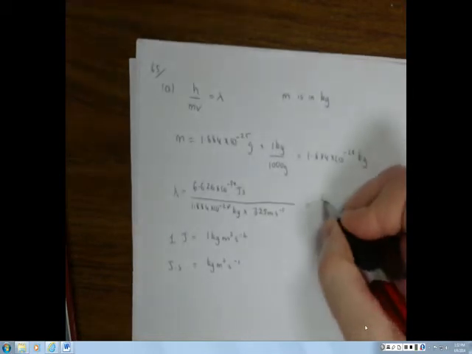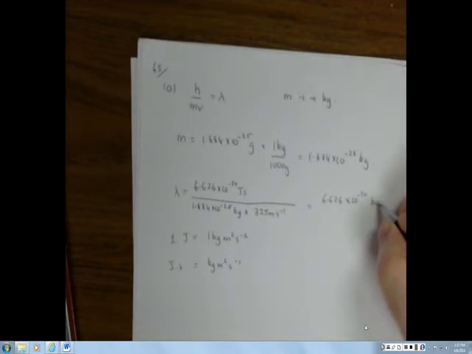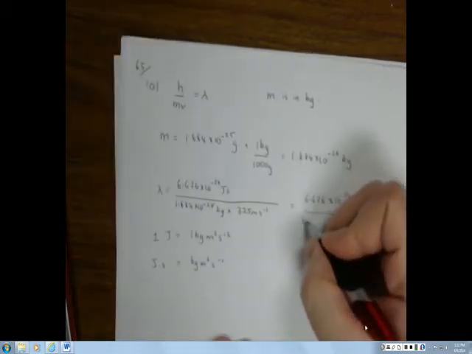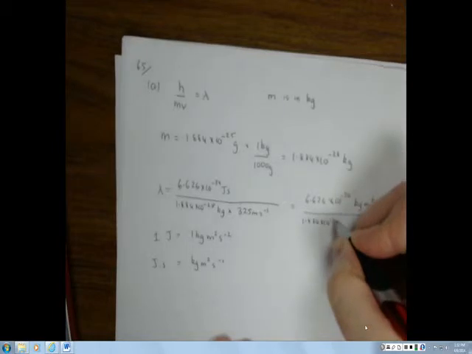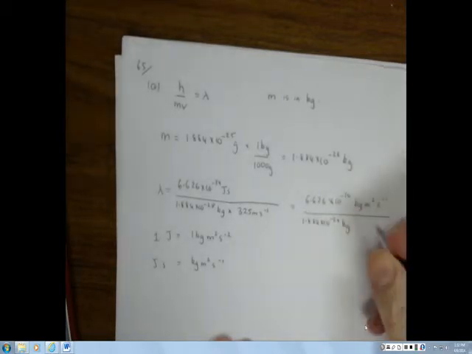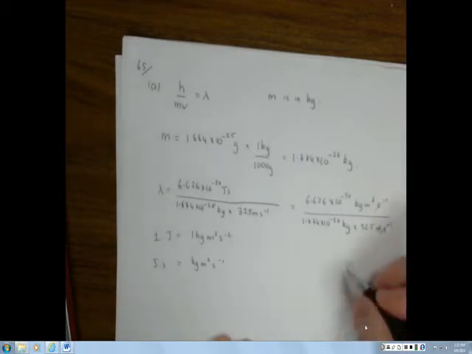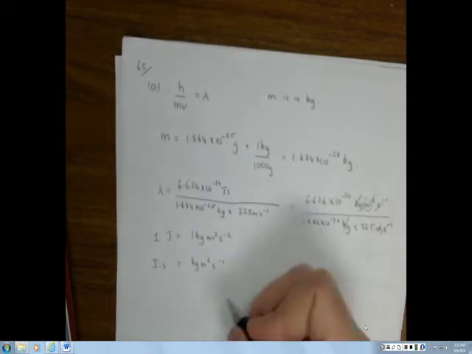So 6.626 times 10 to the minus 34 kilograms meters squared second to the minus 1 divided by 1.884 times 10 to the minus 28 kilograms times 325 meters per second. So your per seconds cancel out, one of your meters cancels out, and your kilograms cancel out, leaving you with meters. So we know we got our equation right. So lambda equals, and let's just put this in the calculator,